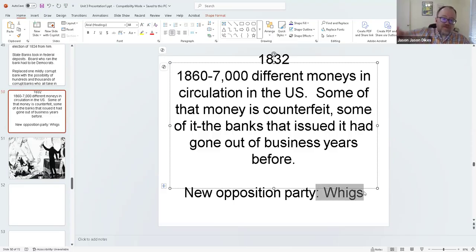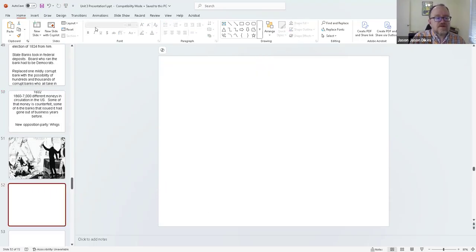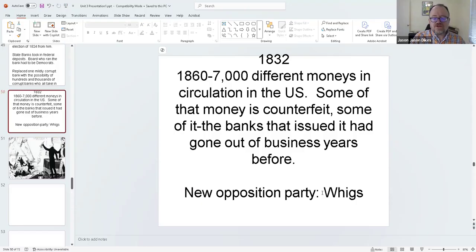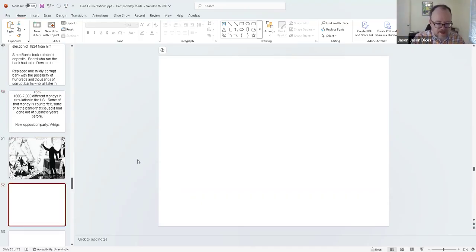And the Whigs, you remember all the way back into our discussion of the Declaration of Independence, the Whigs had been opposed to tyrants. So that's the meaning of why they get that name. There will be one Whig president, but he'll die not in office. So, and then the Whig party will eventually die off, and it will be replaced by a new Republican Party, which is today's Republican Party. All right, so that's the bad. Let's get to the good.